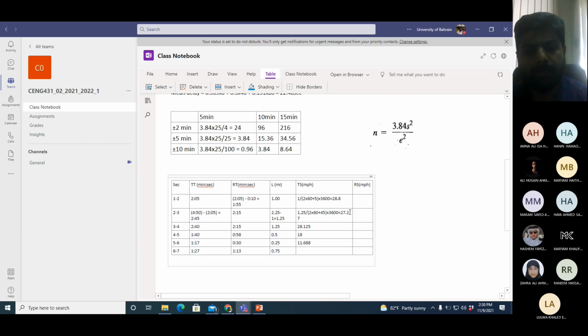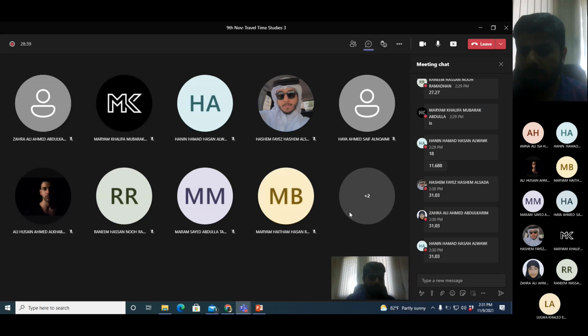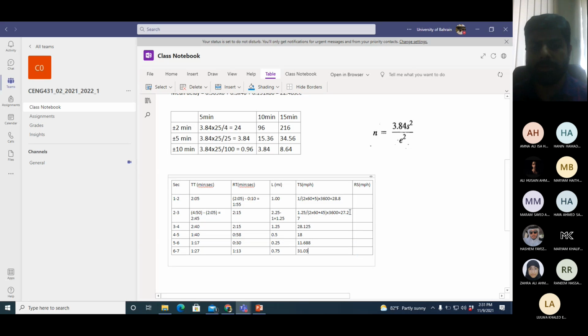Okay. Then 0.75 miles length and 127 is the time. $31.03. Okay. Then we calculate the running speed.